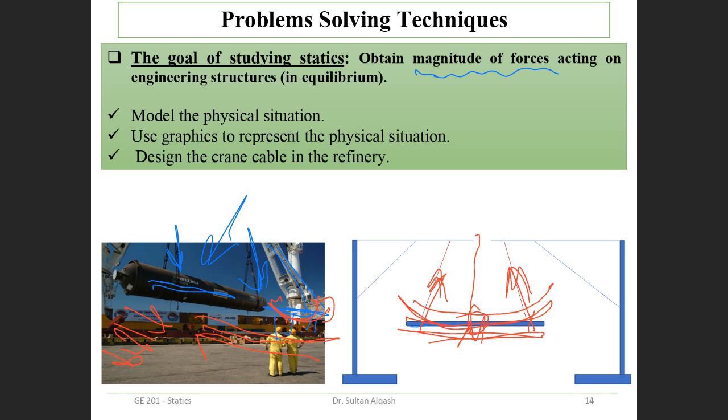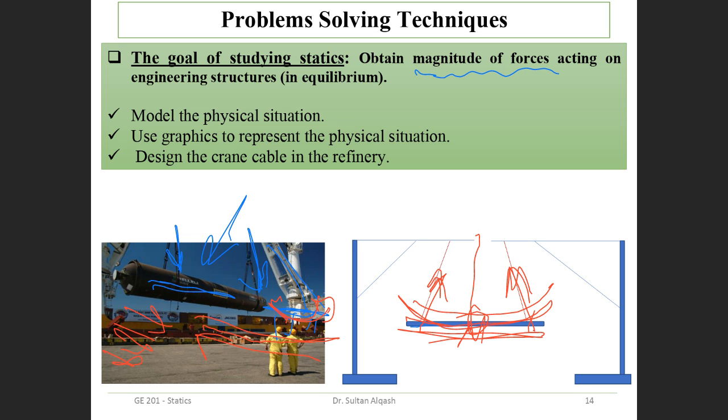Clear, guys? But you take it step by step. I simplify the problem, find the static equilibrium, and then study later the effect of these forces on the deflection or deformation, or the strength of material. Then take a further step if you want to study the dynamics, if this is moving at really huge speed and has acceleration, and see the effect on the rope, whether it will break or not. Clear, guys? This is the beauty of engineering, the beauty of mechanical engineering.